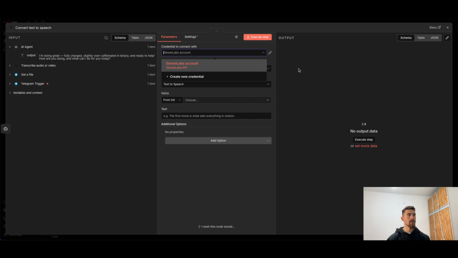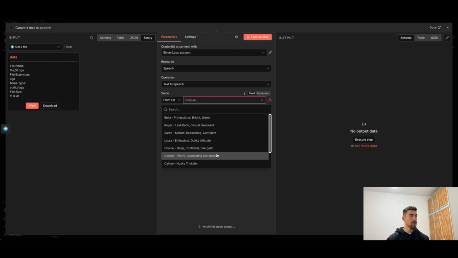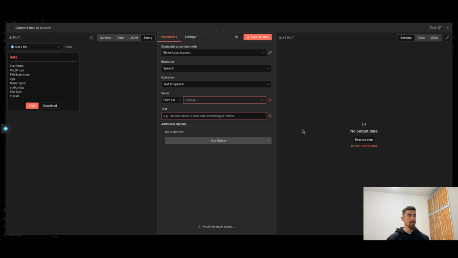Again, it will probably be connected automatically, but if you don't know how to do it, just go a couple minutes back and it explains how to do it. So for the resource, we'll use the speech. The operation is going to be text to speech. And here for the voice, you can choose what voice you want to use. So in here you have some default options, but if you want to choose one that is special for you,